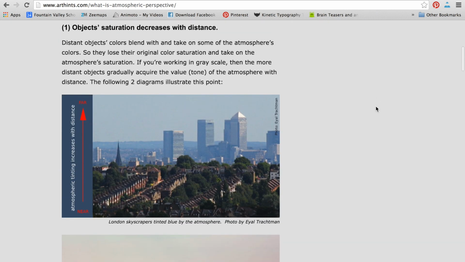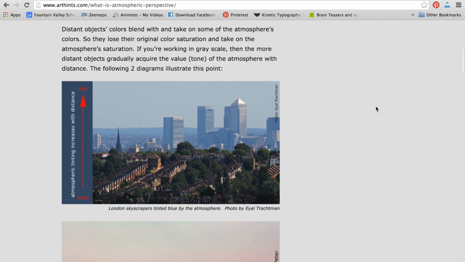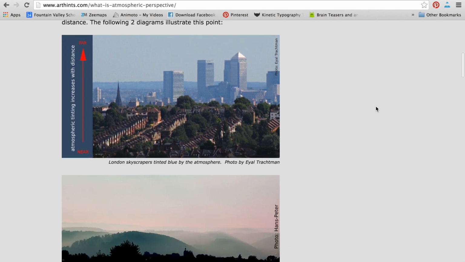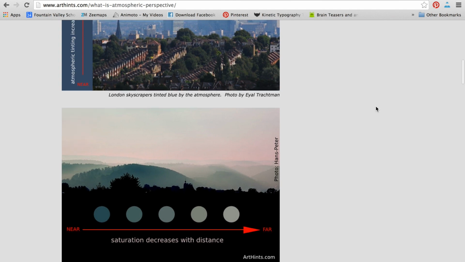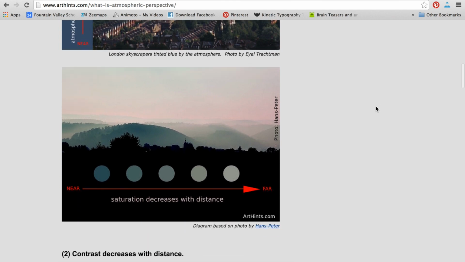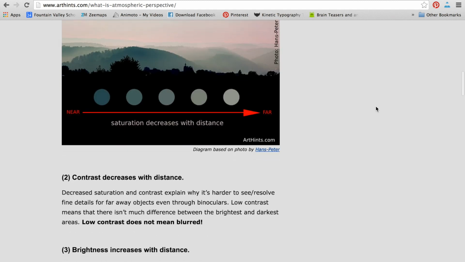The first tip shows how objects' color saturation fades as they move back in space. This means that the variation of color decreases, and objects far away start to blend together into one hue. In this example, the London skyline appears blue, while the trees and houses close by are green, red, and brown. The next 2